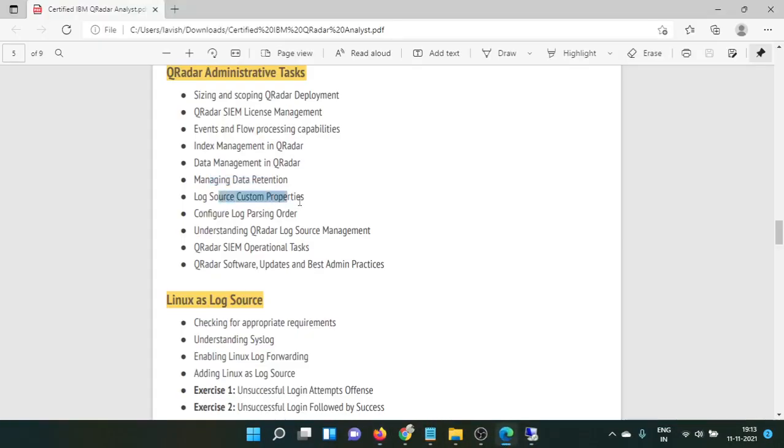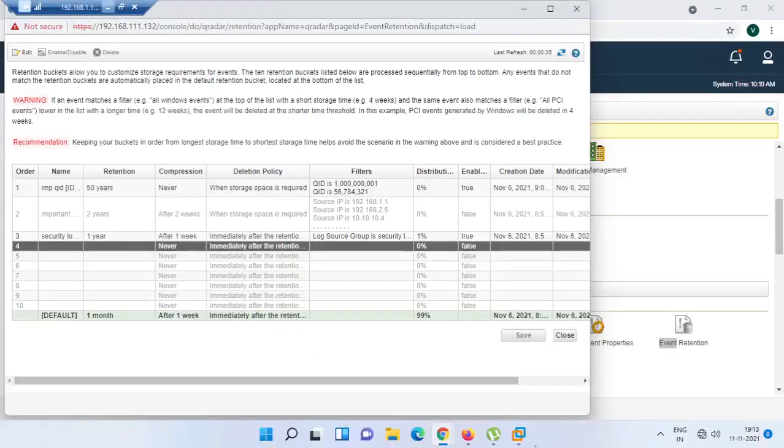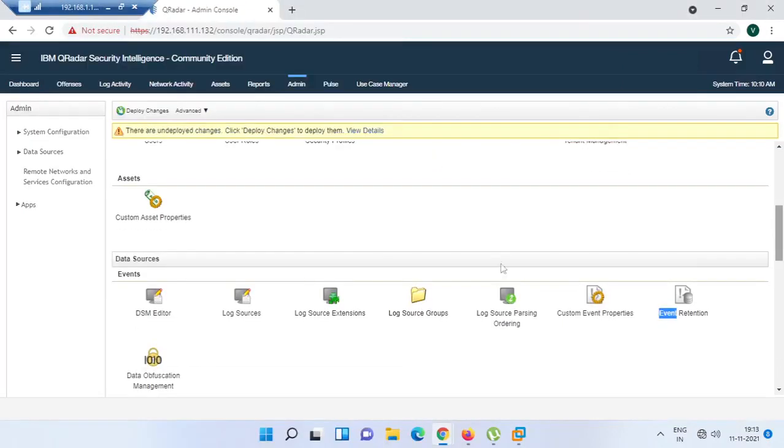Once it is done, we have seen custom properties, log source custom properties, and how to set them up. We have seen log source custom parsing order, how to do the parsing order, and understanding log source management. See, this is log source management. We have installed the log source management app in the system. So if you see, this is the log source, and this is the log source management.